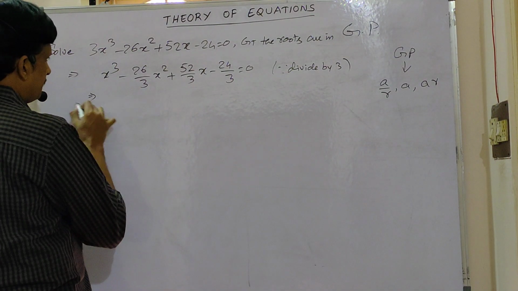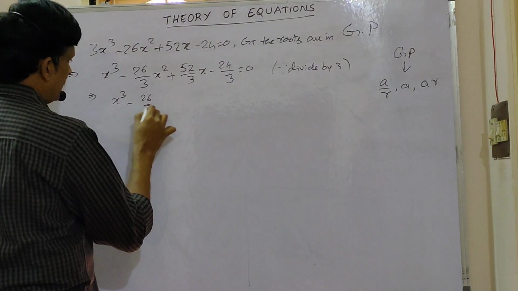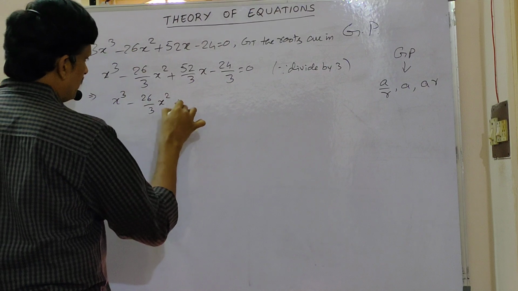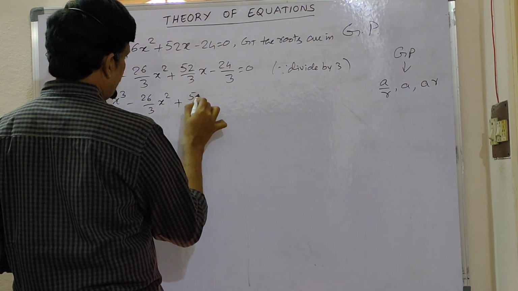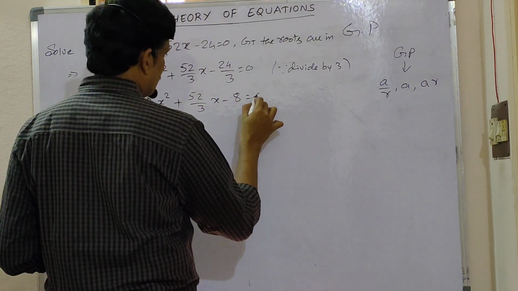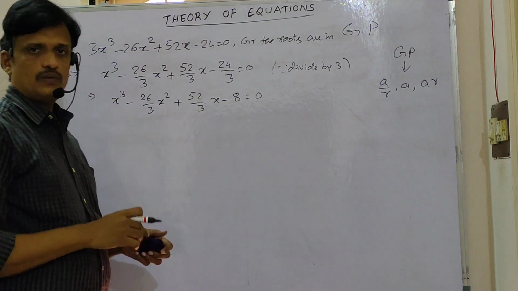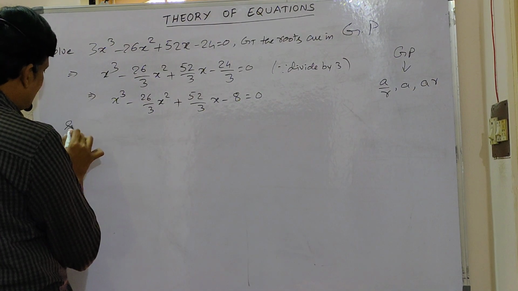So this will be x cube minus 26 by 3 x square plus 52 by 3 x minus 8 equal to 0. S3 is 24, that is correct. Since the roots are in GP,